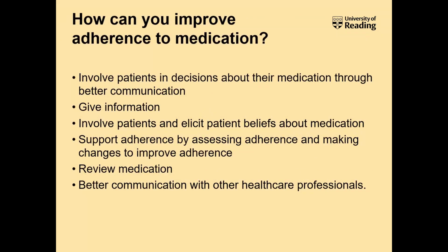So you can see with these reasons on the previous slides that actually a lot of the reasons for non-adherence is because patients don't fully understand the reason for their medication and the risk and the benefits of taking it. So as pharmacists, it's really important that we give sufficient information and we give the information in a way that patients will understand. If they have the information, they understand it, it's much easier then to involve patients in decisions about their medication,